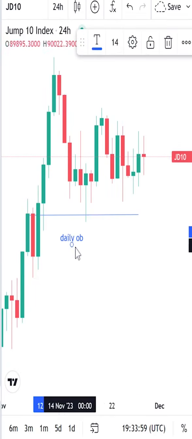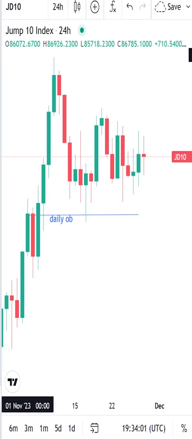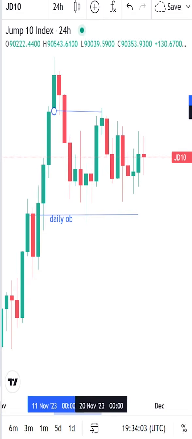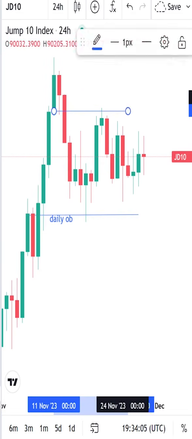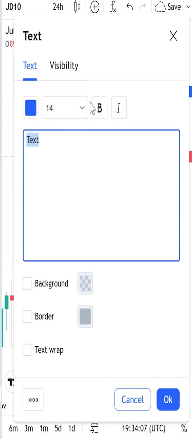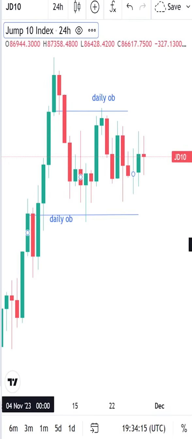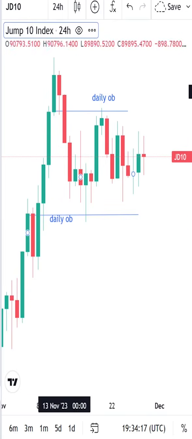So it hit this daily OB, then what did it do? It went up to hit the daily OB again. The only difference obviously is that this is the bullish, this is the bearish daily OB,